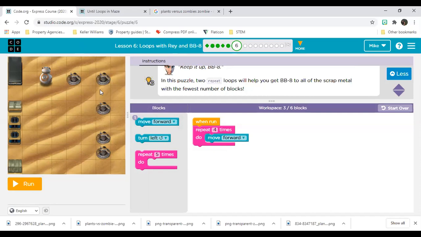And then who can tell me which way will I turn? Which way will BB8 need to turn to go down? Will he need to turn left or will he need to turn right? Repeat 4. Lesedi said repeat 4 times, move forward and turn right. Bonono also said turn right. Well done, guys. Yes, we're going to turn right, and then we can count how many times we would need to move down. 1, 2, 3, 4, 5 times. So we're going to repeat the same thing, use our loop, but this time 5 times, and let's run our